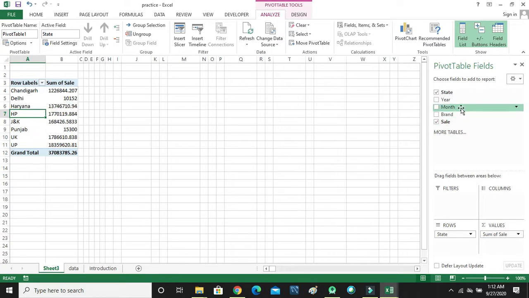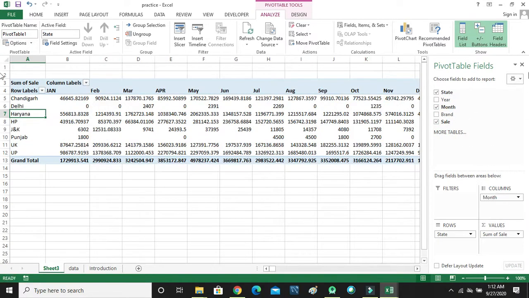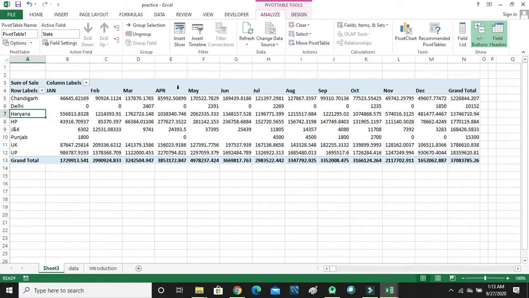So we put the month field into the column section. Here you can see the months are column wise, and state wise and month wise sale is displaying.